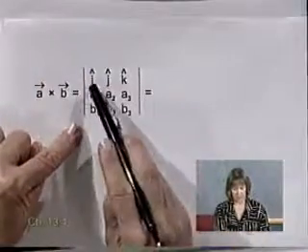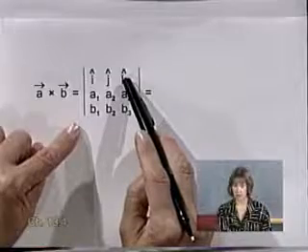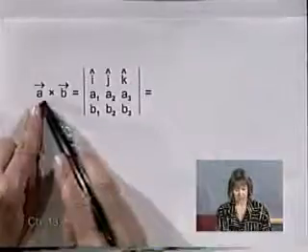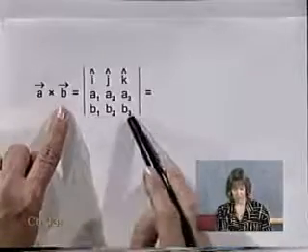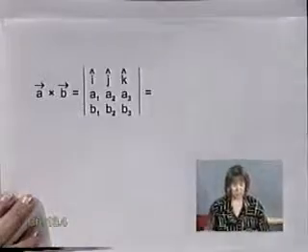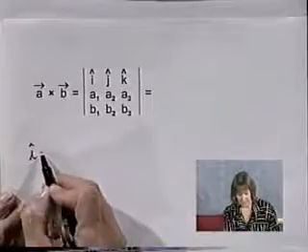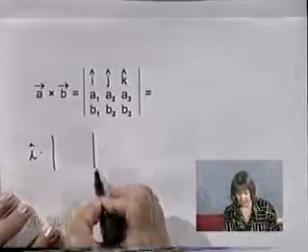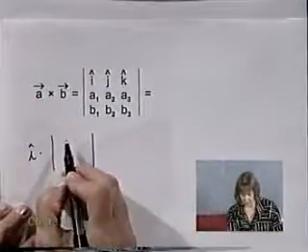Across the top I put the unit vectors i, j, and k, and then I put vector A's components for the second row and vector B's components for the third row. And evaluating this determinant, look what I get here. I'm going across the top row, so it's going to be i times the determinant that I get when I eliminate the row and column that i is in. So that gives me A2, A3,